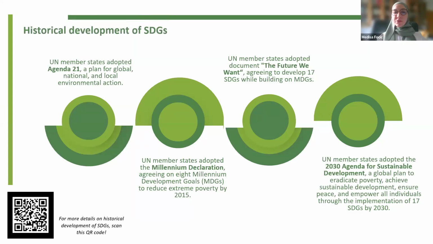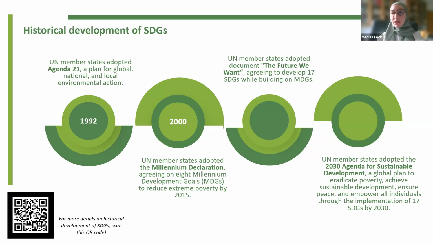The development of Sustainable Development Goals can be traced to 1992 with Agenda 21, which at the time was adopted to serve as a global, national, and local environmental plan. And the first Commission for Sustainable Development was created at the time. Then in 2000, United Nations member states adopted the Millennium Declaration, agreeing on 8 Millennium Development Goals aimed to resolve social, economic, and environmental challenges at the time, but also reduce extreme poverty by 2015. Also, Millennium Development Goals mainly were applied to economies in transition and developing countries to make them fully participate in